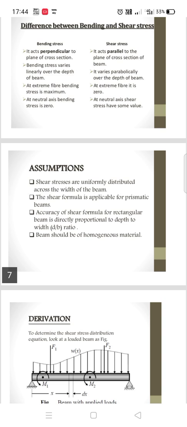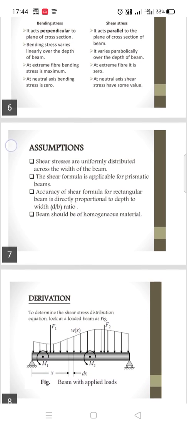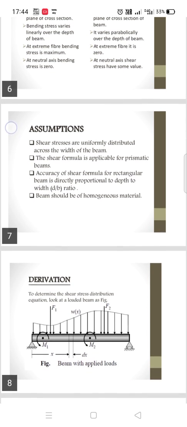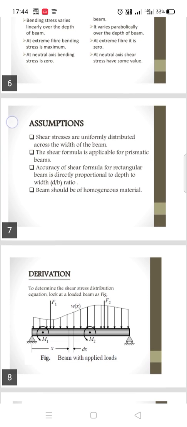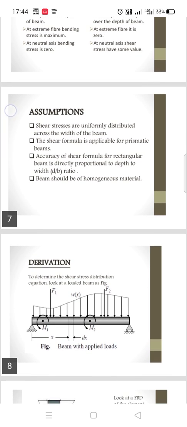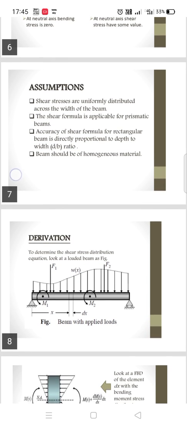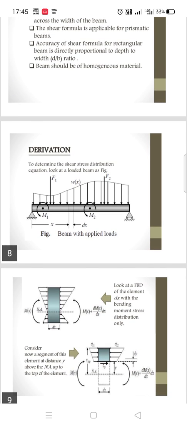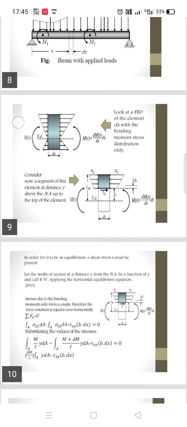Assumptions: shear stresses are uniformly distributed across the width of the beam. The shear formula is applicable for prismatic beams. Accuracy of the shear formula for a rectangular beam is directly proportional to the depth to width, d by b, ratio. The beam should be of homogeneous material. Derivations: to determine the shear stress distribution equation, look at the loaded beam figures. So in the figures,